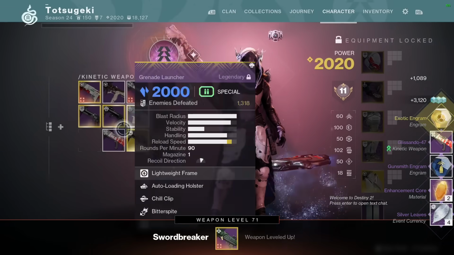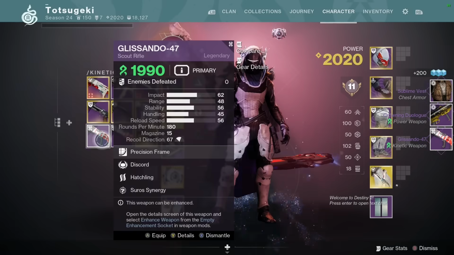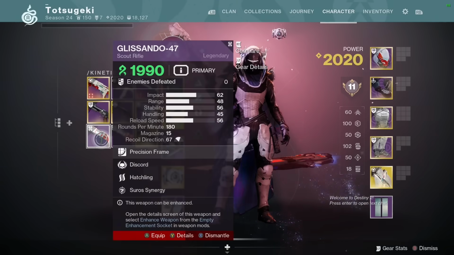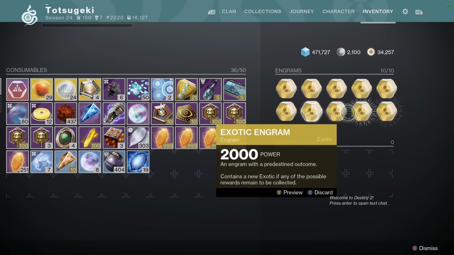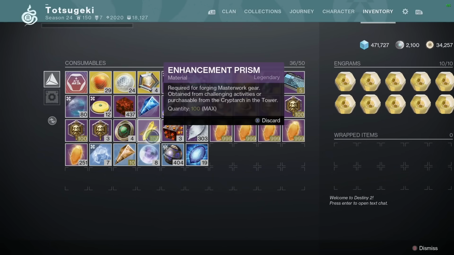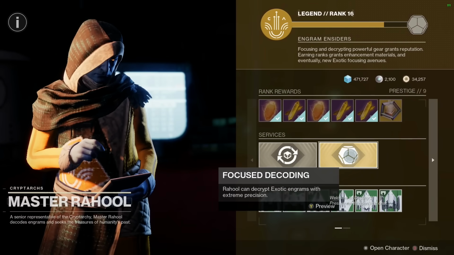Here's another example where I get a great Glissando roll from the Lost Sector chest, then I turn in a bounty, get another Glissando, and it happens to also have double perks. Other than the double perk guns and the bug associated with it, you also get other rewards like enhancement prisms, enhancement cores, exotic engrams. Rahool now has a free focusing daily rotation, just like the original Lost Sectors, so take